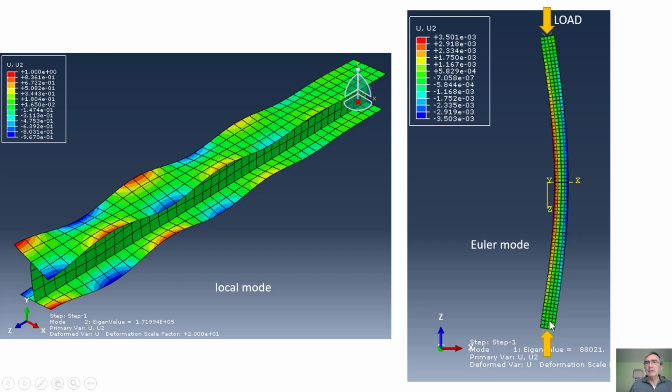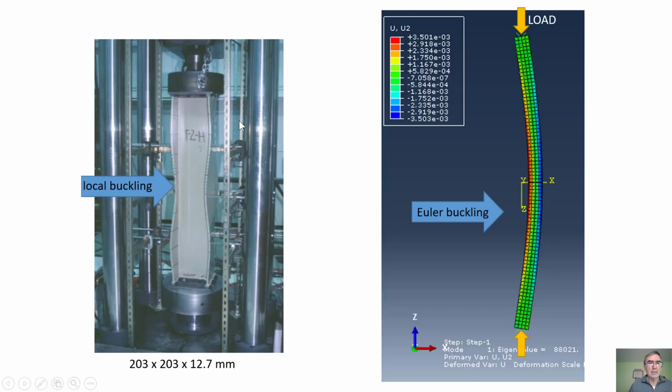If the column is slender and you put the load, all that will happen is that the beam will deform with a sinusoidal shape, but the cross section will not deform. But if you do a not slender, a short column, then it will not deflect laterally. You see, it didn't deflect laterally. Laterally will be this direction X. But you get this waviness, which you have seen already in the experiment. Here are the same waves.